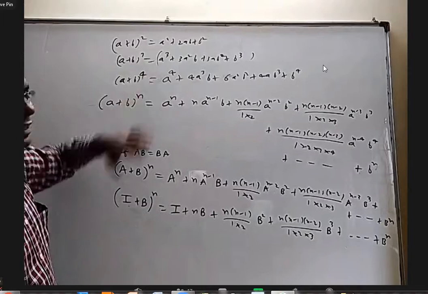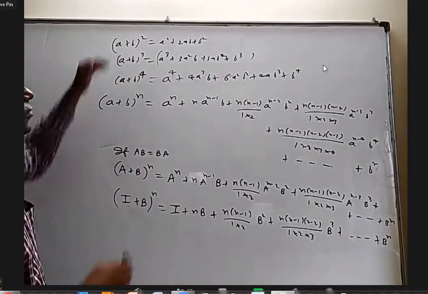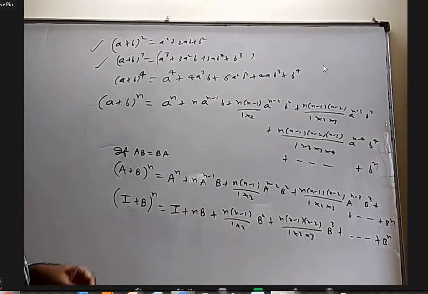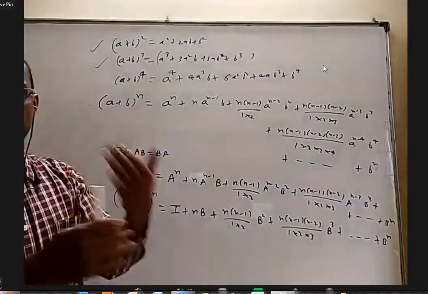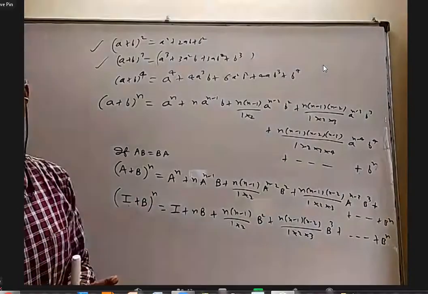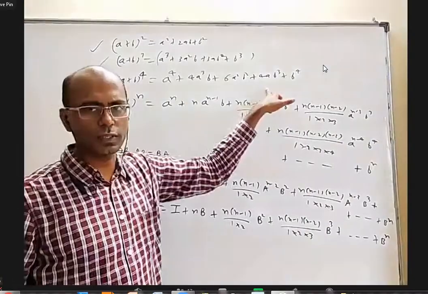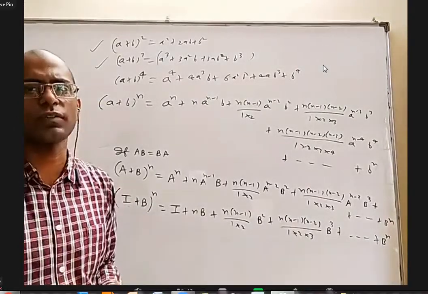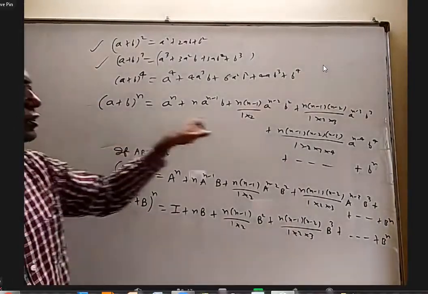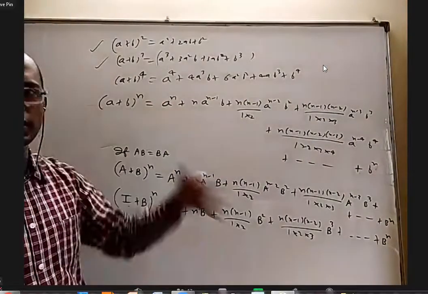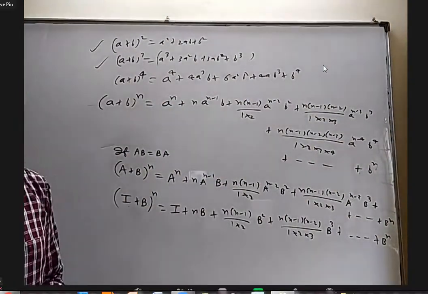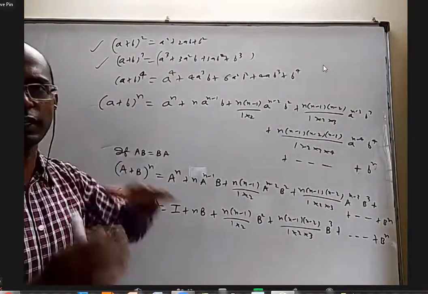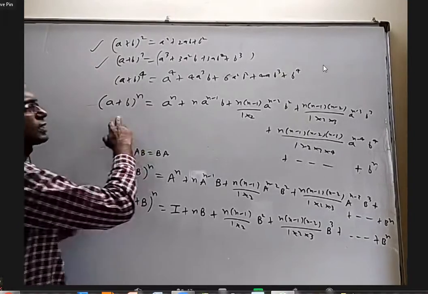Okay. So what I was saying is that everybody knows this formula and this formula in regular algebra only. If you multiply the A plus B on both sides, suitably expand and add the corresponding terms, you can make a formula like this. Similarly, you can make a formula for (A plus B) whole power 5, power 6, power 7, and so on. There is a generalized version of this. In second year, we will use it. There is a chapter called binomial theorem. We'll be studying it at that time. Right now, I'm just giving the formula without any proof. So this is a formula.